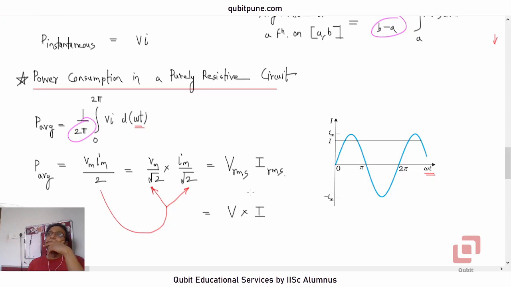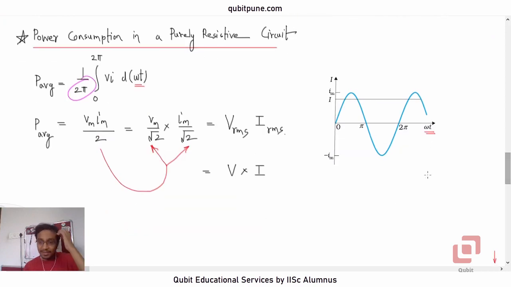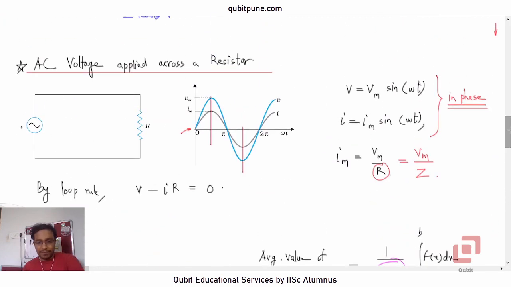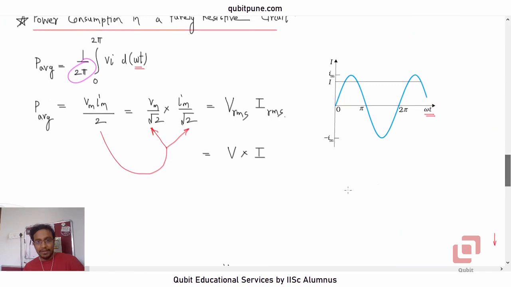To compare it to DC components. If the current of RMS value flows for that much time, with the same voltage, then that much power is dissipated. Yes, exactly, the current in DC corresponds to the RMS current in AC. Exactly. So if we take the same circuit, rather if we take the same resistor,